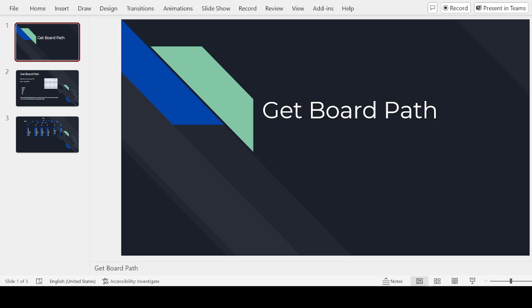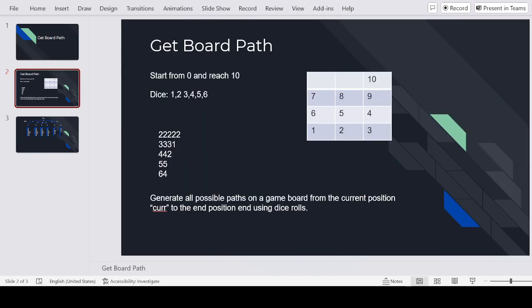Today's topic is board path. Let's get started. So today what we'll learn about is how to generate all the paths related to the board and then return those paths in an array list. Let's consider we have this board path starting with 1, 2, 3, 4, 5, 6, 7, 8, 9 and 10